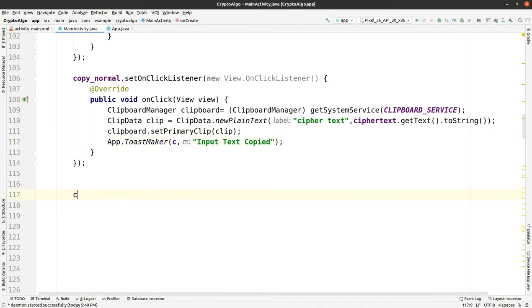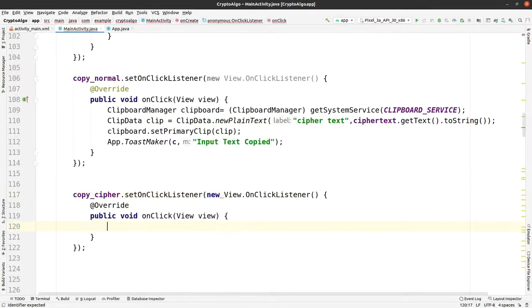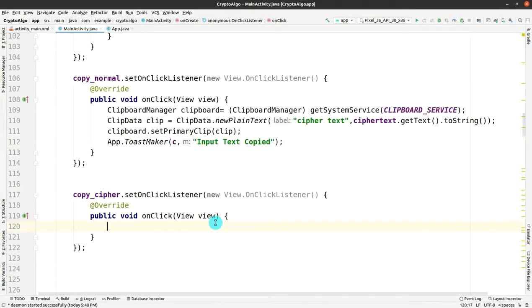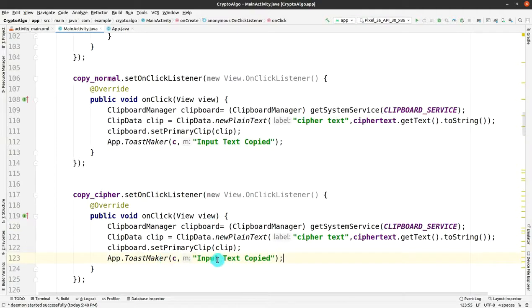Please correct it. Okay, after that we do the same for the cipher. The content of the previous one and this one is the same, so I just copy it and paste it here. After that you just have to remove this and make it encrypted.